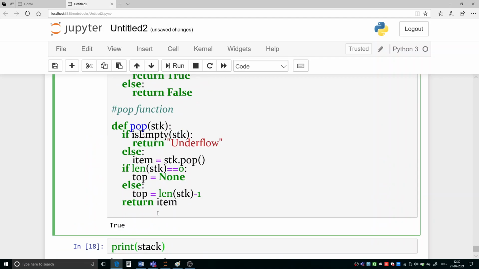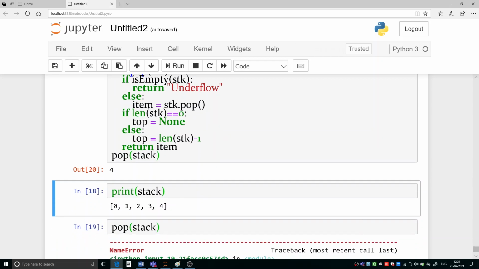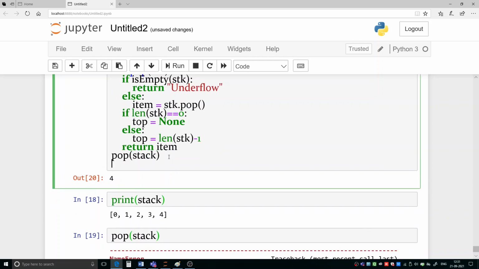Let me execute it: pop, and our function argument is stack. Let us run it. Which element was at the top of the stack? This 4. So here we are getting 4. Now again I am doing pop stack.